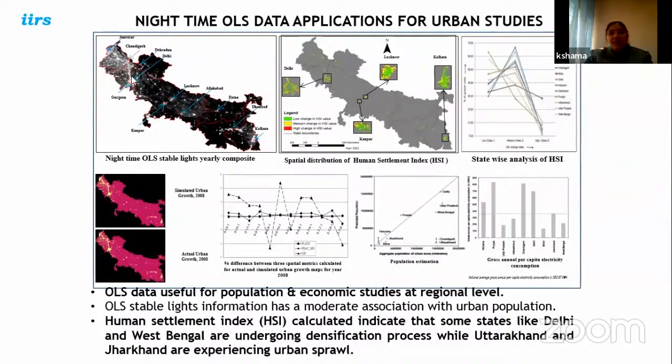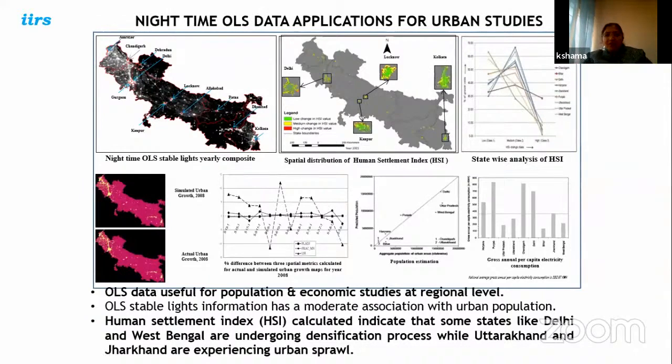So, another data is nighttime data, which can be utilized to see your nighttime. Basically, it is also visible data. It shows you what the areas are which are well lit during nighttime. So you can see that the Punjab area is well lit, even Dehradun and the Delhi area, but you can see that the Uttarakhand area is not so well lit, or even your Jharkhand area is not so well lit. So all this helps you to identify your human settlements, as well as you can use it for population and economic studies also.